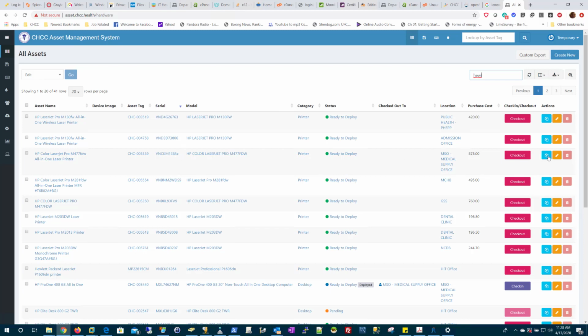What you can do is just clone that asset and then just change the minor details, so you don't have to retype everything. Just update whatever numbers in the asset tag, update the serial number to reflect whatever minor changes there may have been made, etc. And then the delete,